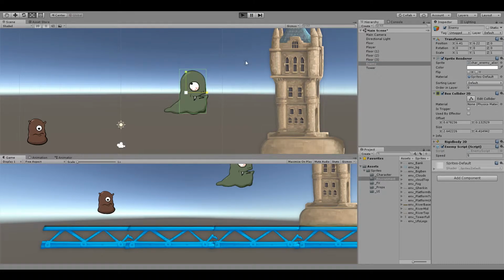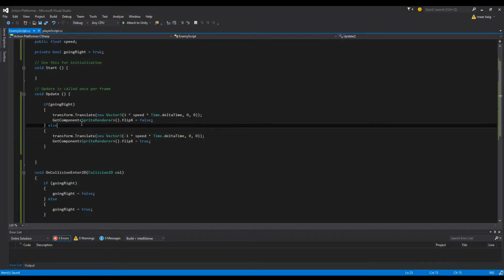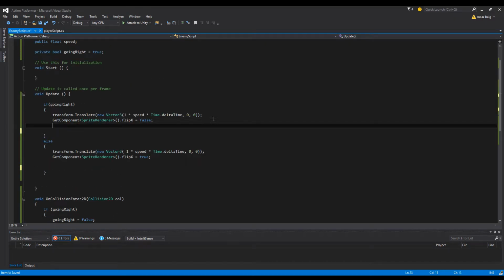Now again, the box collider is not going to be proper. See, there you go, he flips. Now the issue is that the box collider is not properly fitting. So we're going to have to move that. Let's create a new line. Now for this line,